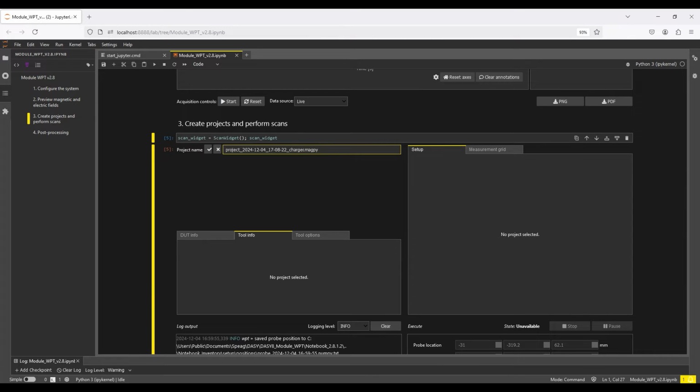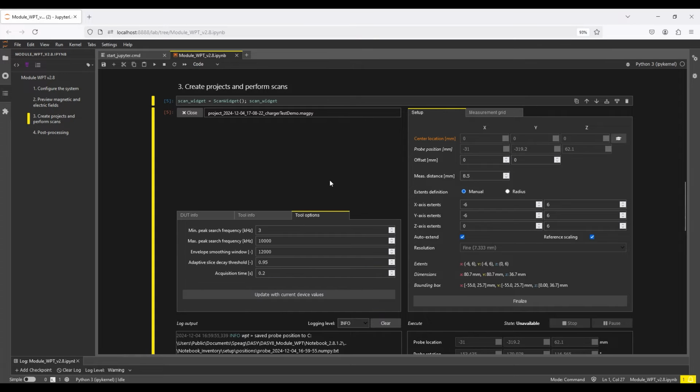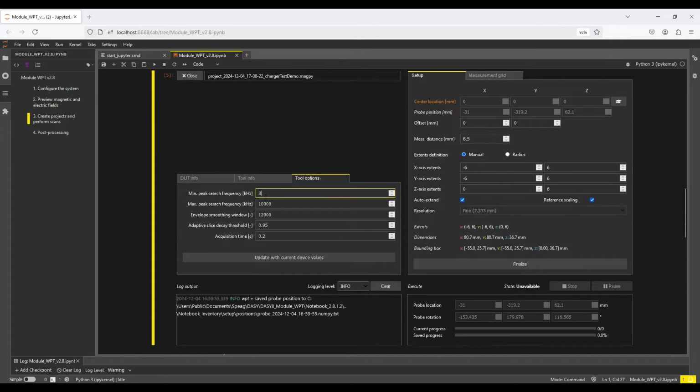Let's proceed with the volume scan. I create a project and use the phone's top center as the DUT teaching location. The worst case charging time of this charger most likely is not long enough to complete a volume scan. This required special user adjustment in the past.